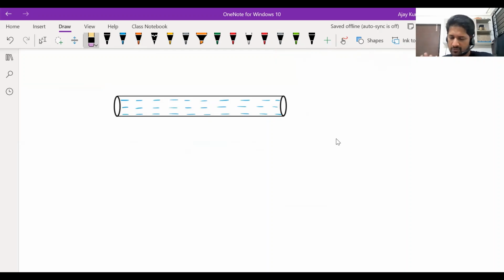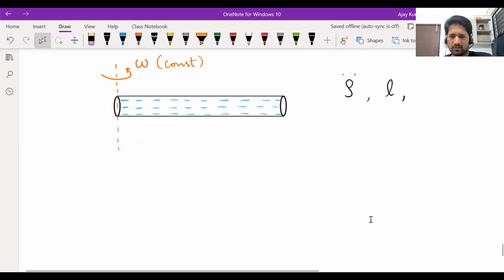The length of the tube is quite significant. Let's assume the liquid's density is rho and the length of the tube is given as L. Cross-sectional area won't be needed. You can assume it to be whatever you want. Now, this tube is closed at both ends, okay? If this tube is rotated about one of its ends with a constant angular velocity omega,